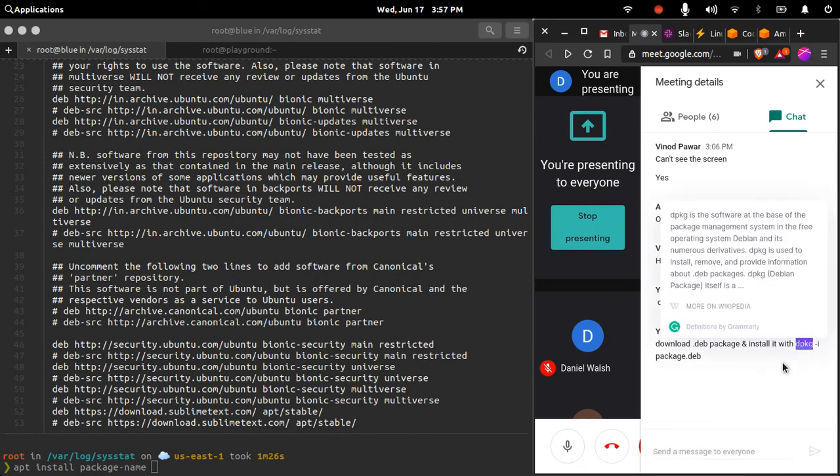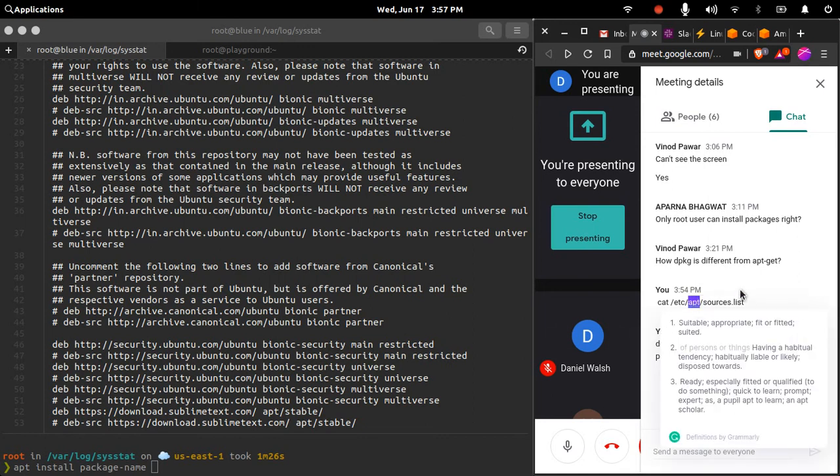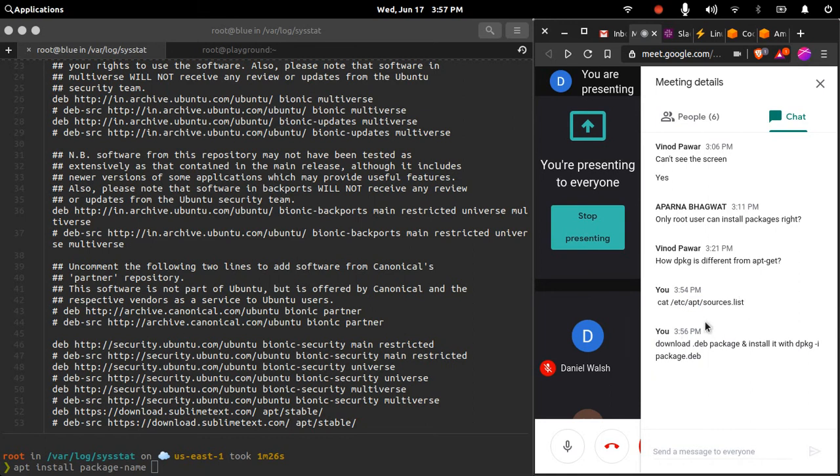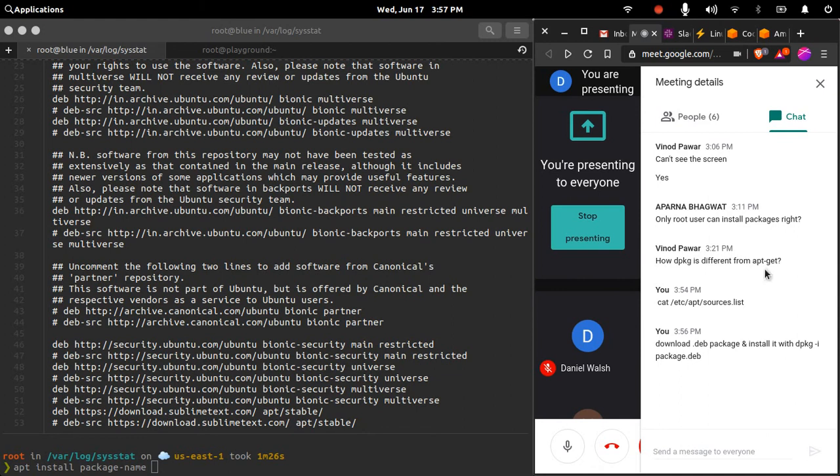But dpkg will not resolve the dependencies automatically like apt will do. Apt will check if there are any dependencies and resolve them, but dpkg won't do that. So normally people prefer to use apt-get instead of dpkg. In similar terms, this is the answer for how rpm is different from yum.